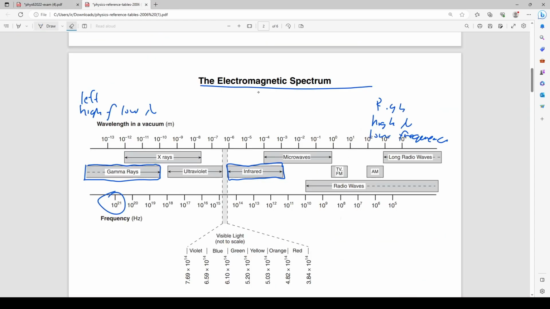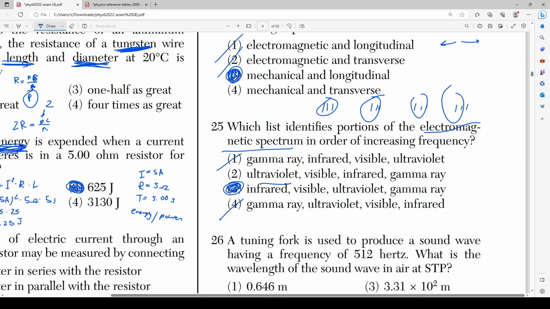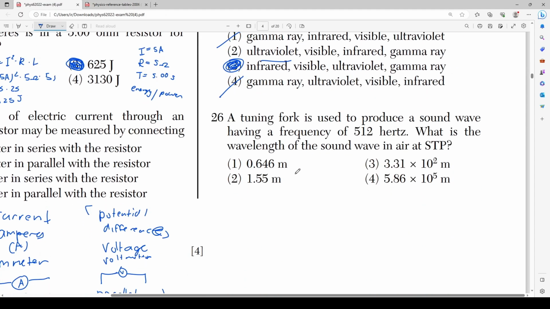UV is right here after visible light, and finally we finish off with gamma ray. So this is increasing. This increases into this, into this, and this finally into that. That's all. Right, so moving on to number 26, it says a tuning fork is used to produce a sound